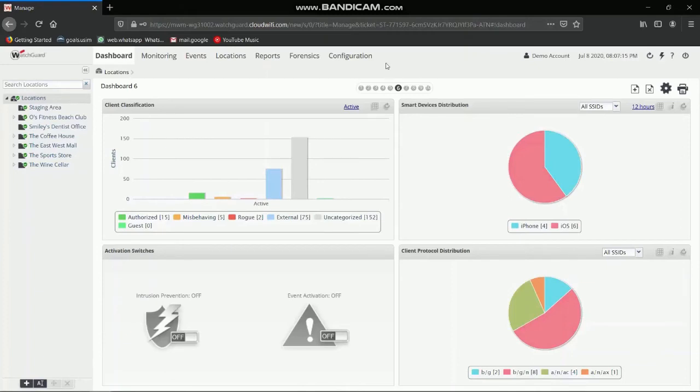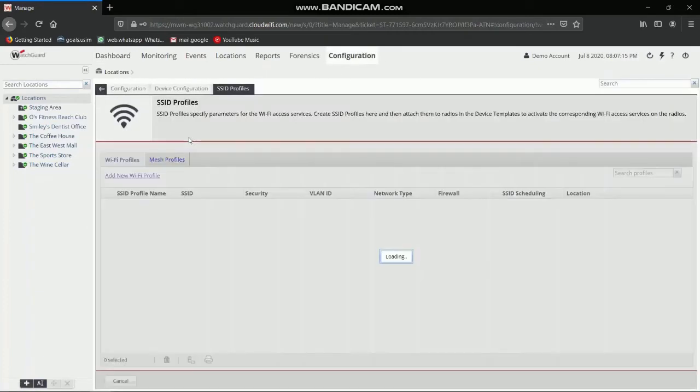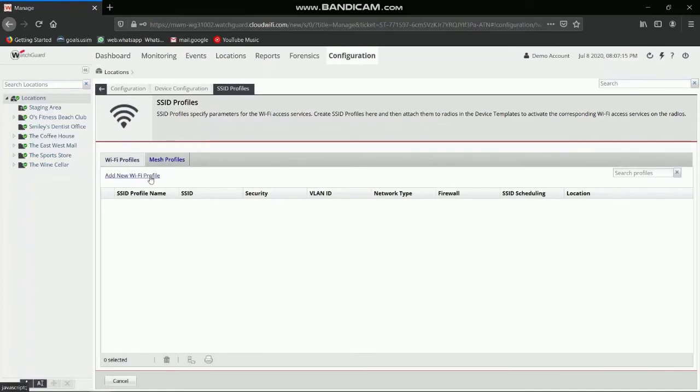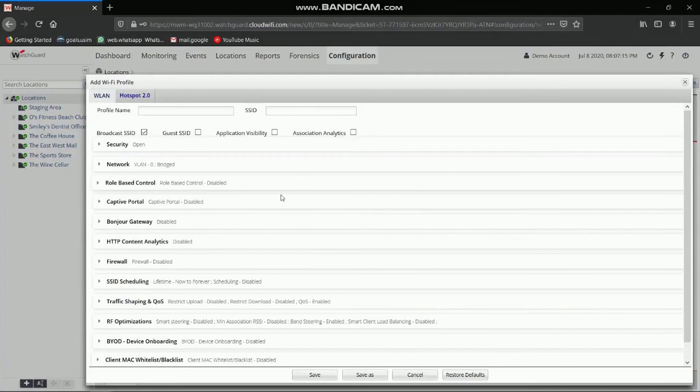Now we are going to the configuration. Click the SSID profile, add new Wi-Fi profile, and here is the interface for adding a new Wi-Fi profile. We are going to set the profile name as Firebyte. The SSID is WatchGuard Firebyte SSID. Here you have the option to broadcast SSID,